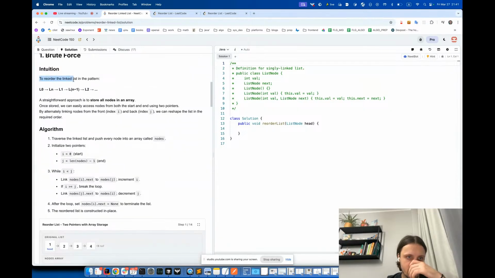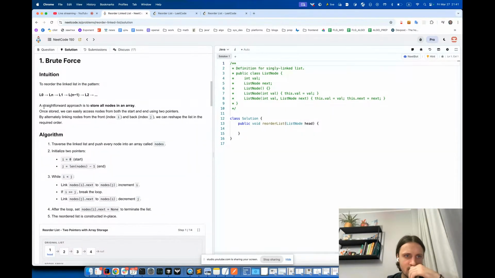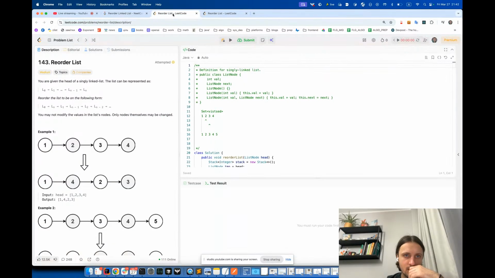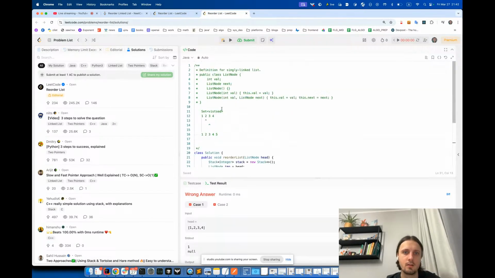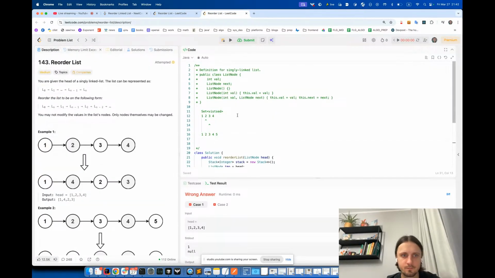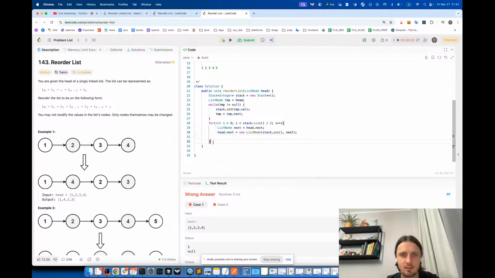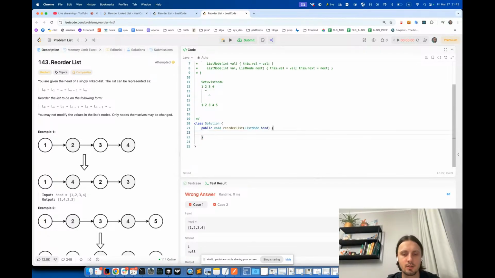So what is brute force? To reorder the linked list, a straightforward approach is to store all nodes in an array. Once stored, we can easily access nodes from both the start and the end using two pointers. Yeah, so that's actually what we are doing here, not with a stack. Yeah, it's correct that maybe we can just store a List of Integer in a new ArrayList,